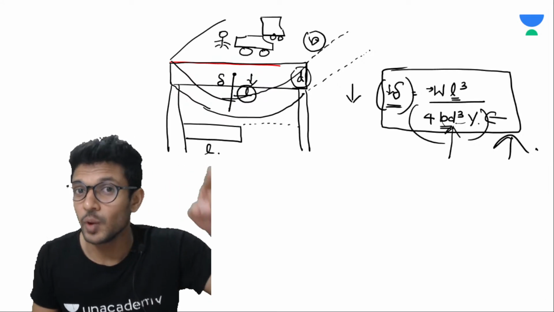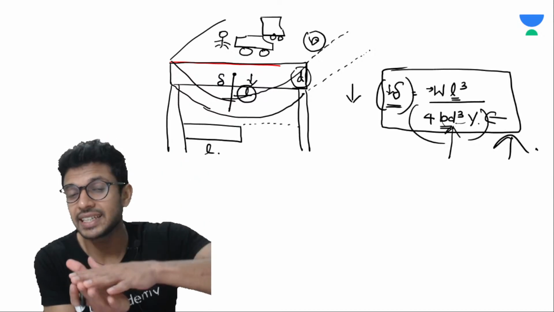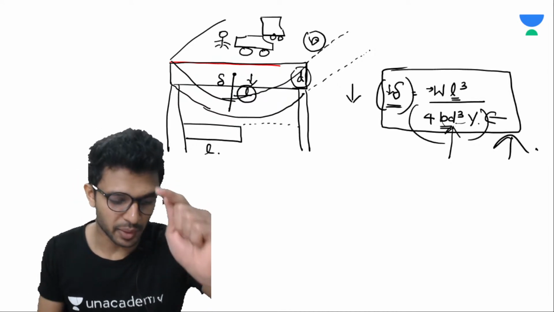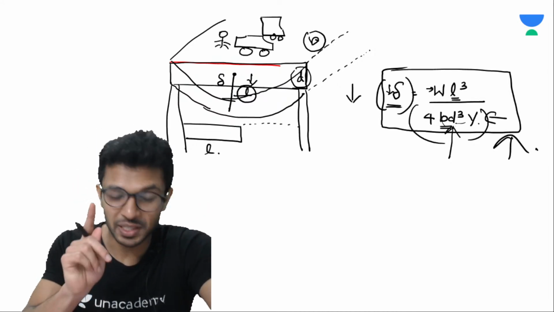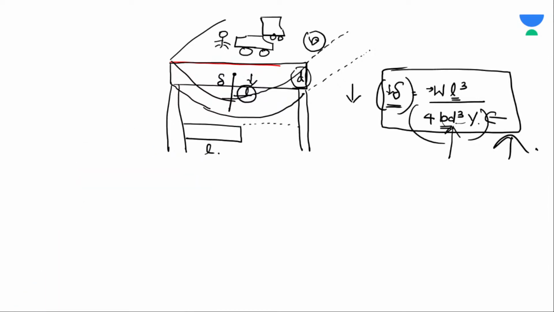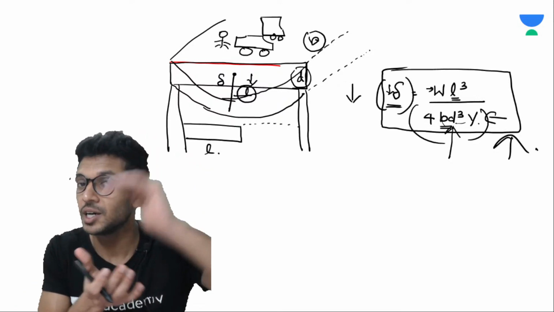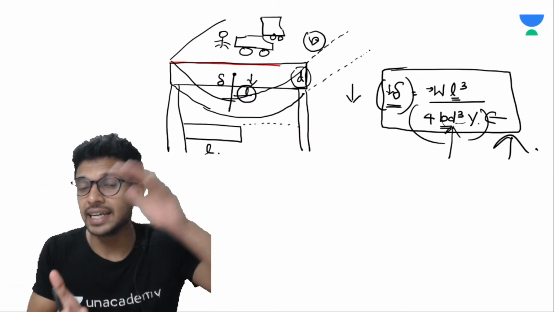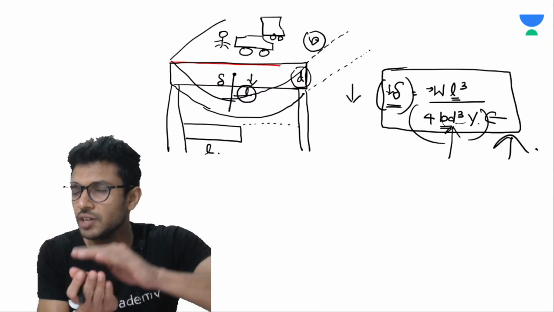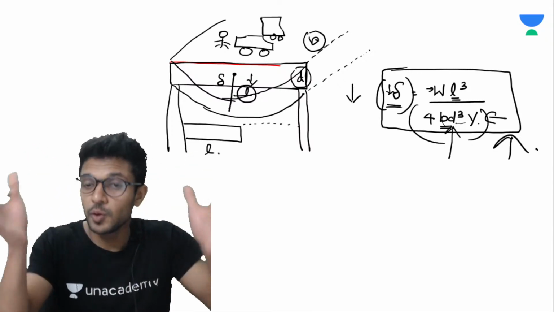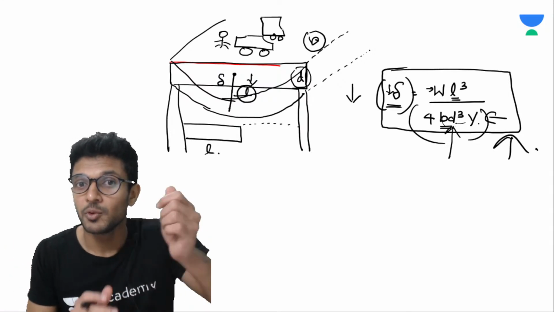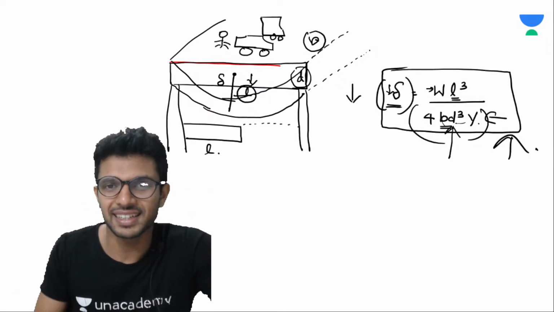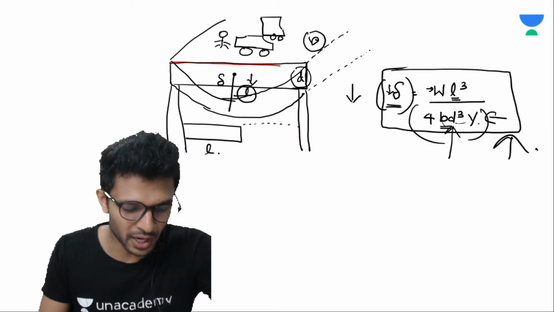That is the reason why when bridges are being made, we make sure that they have very good thickness so that there will not be bending. Understood? That is why there is a huge depth or huge thickness in bridges while they are being made. Understood? Because the depth is cubed in the denominator, even if you increase the depth by a small value, the denominator will increase to a very large value, which will reduce the deflection to a very small value. Understood, everyone?